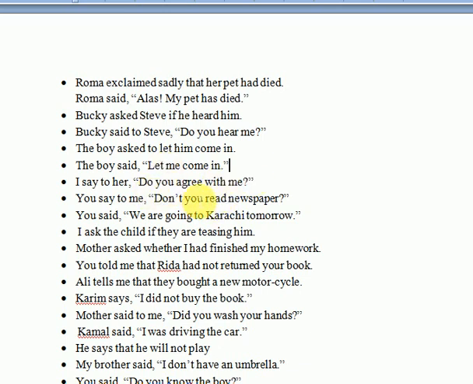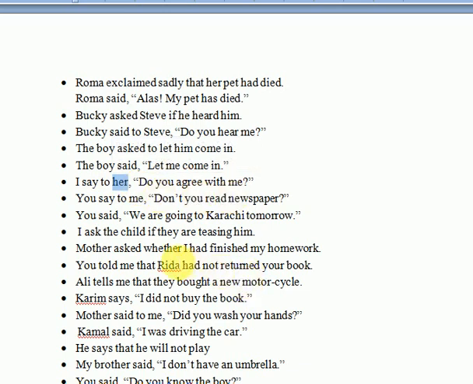Next is direct speech. This is easy. I say to her, do you agree with me? I say to her, this reporting verb is in the present tense. So we would simply write I tell her. I ask her, do you agree? Because this is an interrogative sentence, therefore we would write ask. I ask her if she agreed with me. This is present indefinite, which would change into past indefinite, and you, second person, would go according to the object, so that would change into she. If she agreed with me.